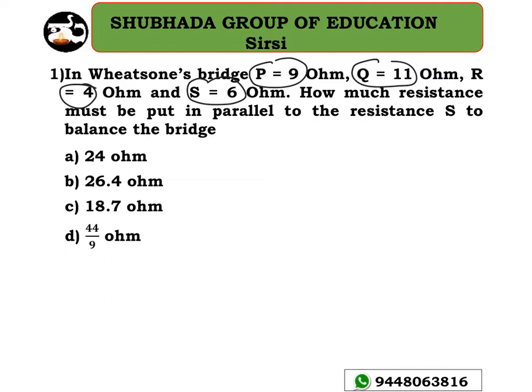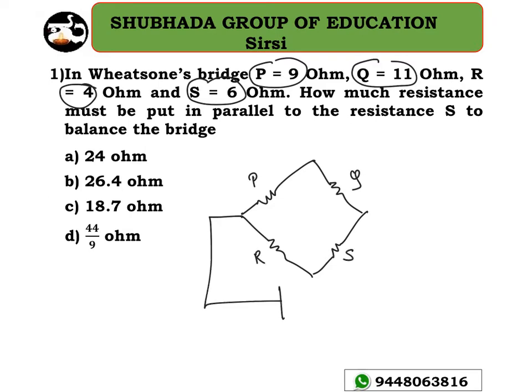bridge is balanced, correct? As you studied, this is a kind of Wheatstone bridge. So you have already studied about it. This is P, let me take it as Q, and this is R and this is S now, and some battery is connected here like this. Okay, so this is V.